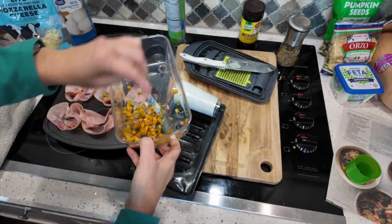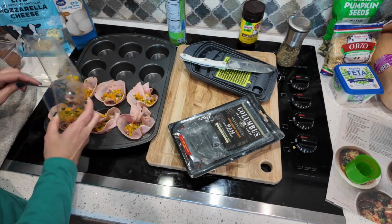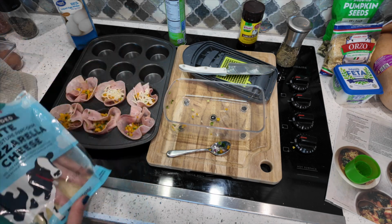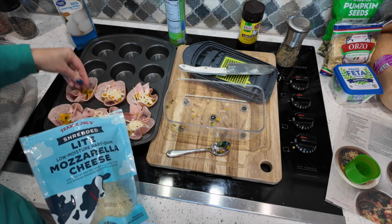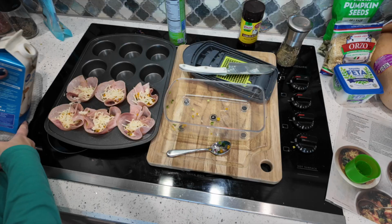And instead of using normal eggs, I chose to use egg whites this time. I also added a little bit of light mozzarella cheese. You could skip that, but I really was going for the ham, egg, and cheese feel, so I didn't want to skip it here. But the egg whites, I just pour in the direct center of the egg cup until